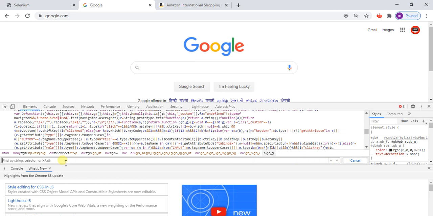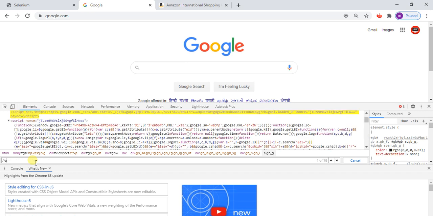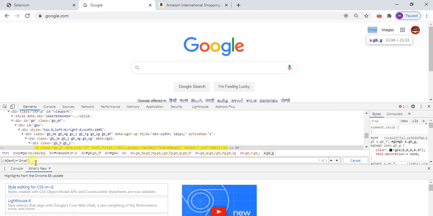I will go to the Gmail option here and copy this text. Here I have the tag name A. Then I directly write text equal to, in single quotes. Here you will find one of one. That means our XPath is correct.